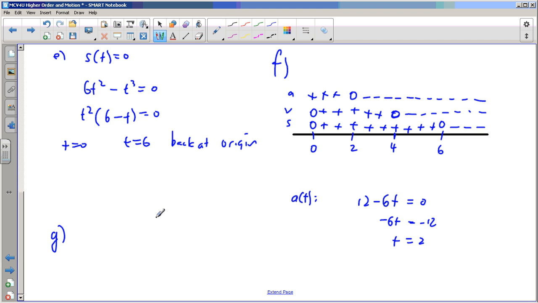If I go, well, it starts at the origin. Here's the origin, 0. Then it goes to the right, and then it turns around and goes to the left. And then if it's going back and forth, it just gets ugly. So what we do is we move a little bit down, or up, so we can read what we're doing. So here's the position